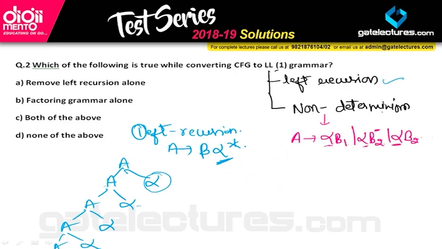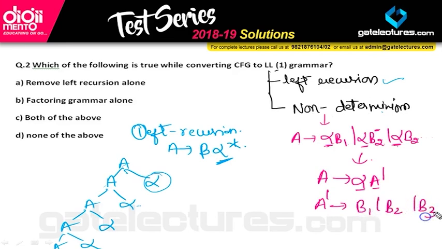To remove this, we will postpone the decision. How is this problem solved? We will postpone the decision. The problem is created because these prefixes are the same, and then we fall under the problem of backtracking. So we postpone the decision. How? I will do this. So when it sees alpha, it will jump to the next state, then wait for A1, and then I can produce either B1, B2 or B3. For this also we can convert the grammar.